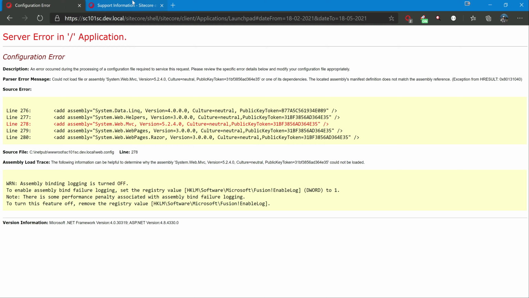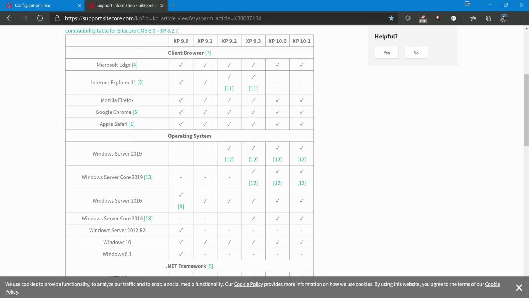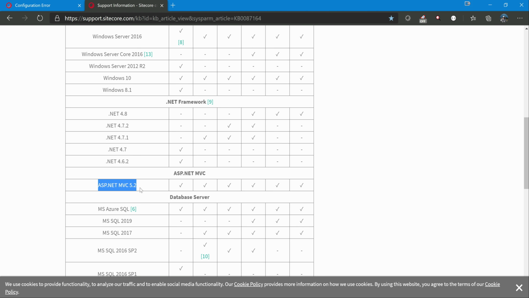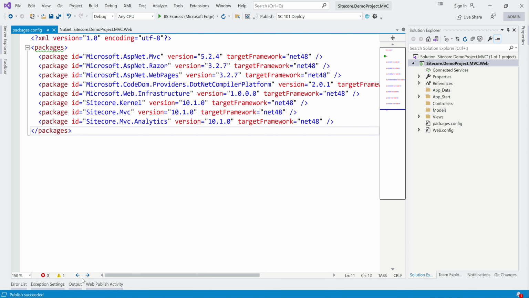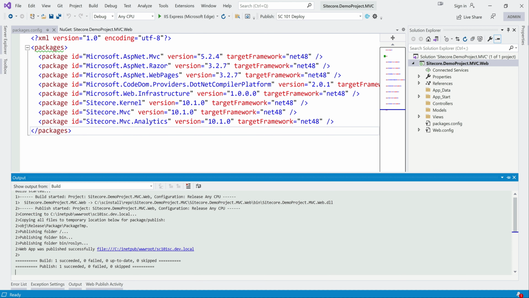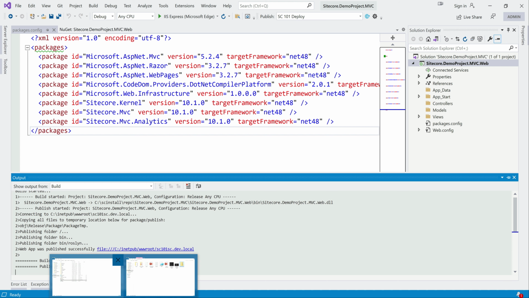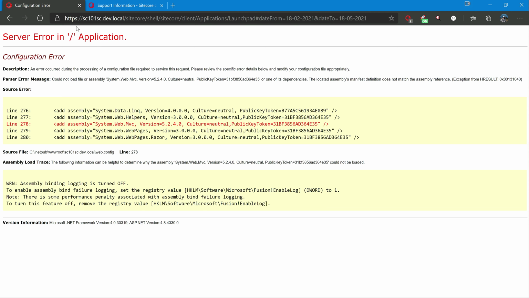If you remember from the support document, it did mention 5.2, but it didn't mention the lower version, what is after 5.2. So we already published it. Publishing succeeded. So let's go to the solution now and just try to reload. It should load fine for us.